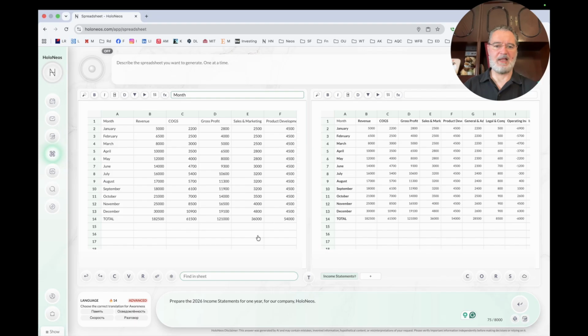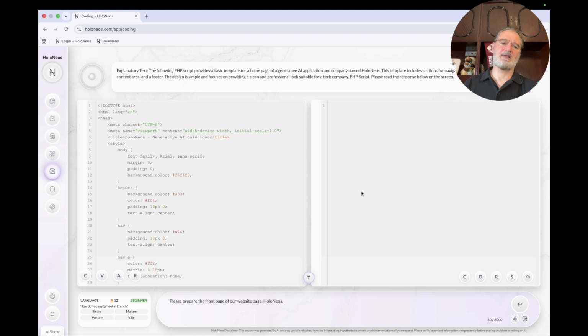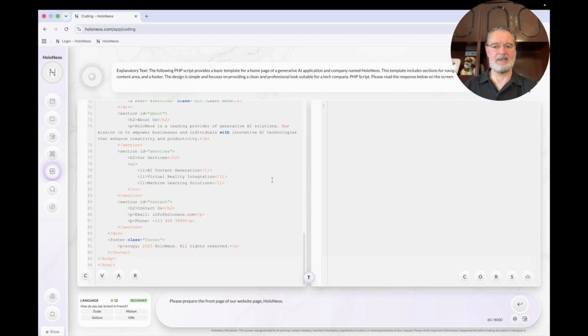Then we have the same for Excel sheets. Actually, it produces any simulated spreadsheet that you want, as the ones that I'm showing, and again, you can edit, add more pages, re-edit, come back, open, save in your disk, save in the cloud. Coding, the same thing. You can basically produce any coding that you want, keep editing, keep increasing it, and editing again, coming back.